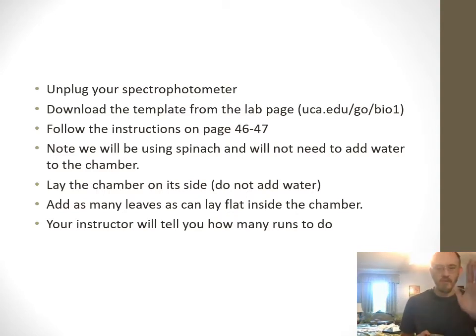Now, if we were doing this in person, we would take our photosynthesis chamber, put spinach leaves inside, and lay a piece of colored film like red, blue, or green on top of the chamber. So pretend my plant's in this coffee cup, and I put a piece of green filter paper here. It's basically just a green filter, and then we'd put a white light right on top of that filter, so that white light's hitting the green, going through the green filter, but it's being filtered, so only green light's hitting